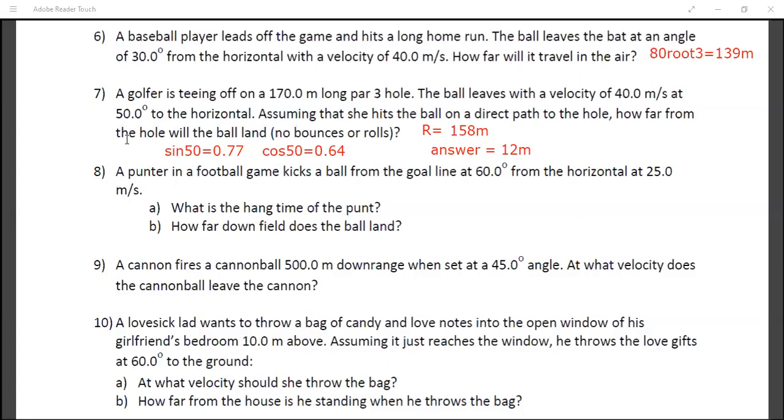Sir, you told that 0.77 into 0.64 equals 0.5. 0.77 into 0.64 is equal to 0.49. Yeah, 0.5 approximately. But take two decimals, 0.49. So when we multiply it with 2, we get 0.98. If we approximate it to 1, then 1,600... that we cannot approximate directly. Approximation can be done only at the final step. Okay, sir. So it would be 158, sir. Yeah, so it would be 170 minus 158. Yes, sir, correct. Thank you.